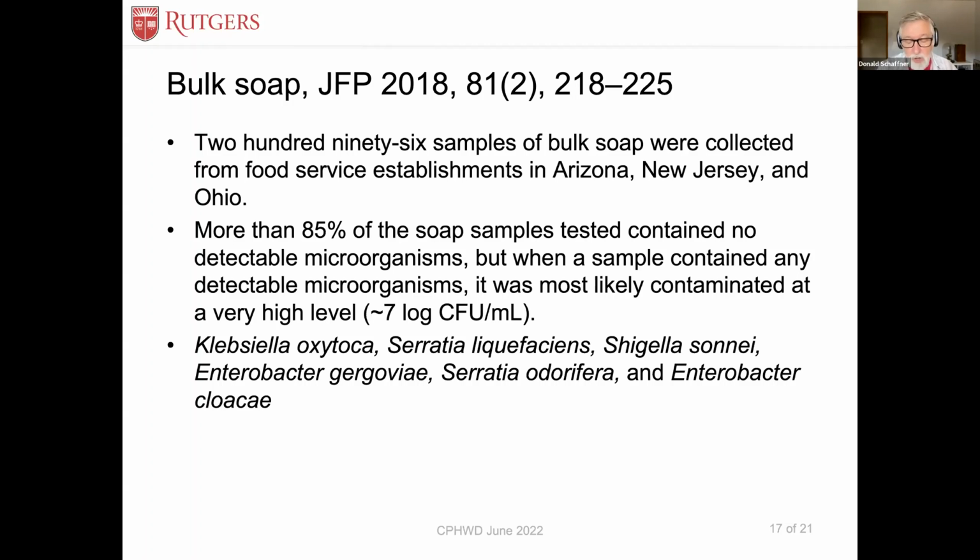And in this work, we also found a bunch of different types of microorganisms. We found Klebsiella, we found Serratia, we did find Shigella, the foodborne pathogen Shigella, in one sample. We found Enterobacter, we found another Serratia, and we found another Enterobacter. And so lots of organisms can happen. And we think what's going on in these bulk soap contamination examples is that